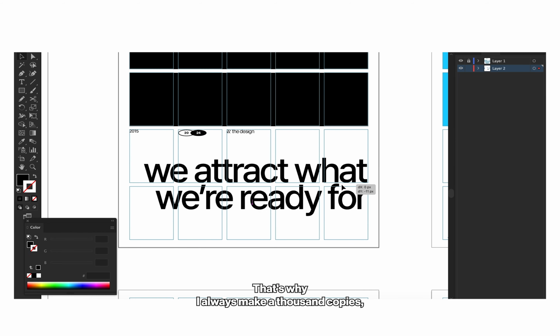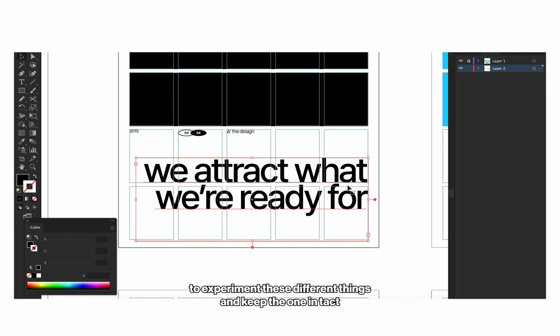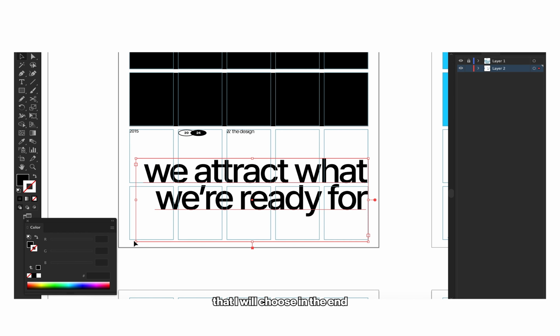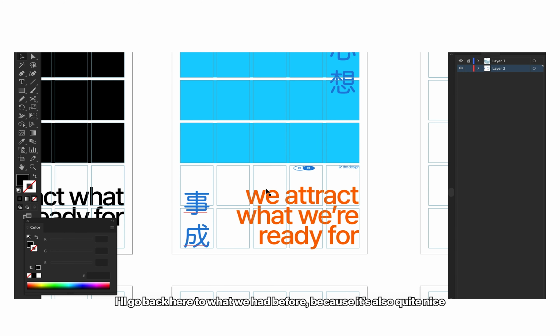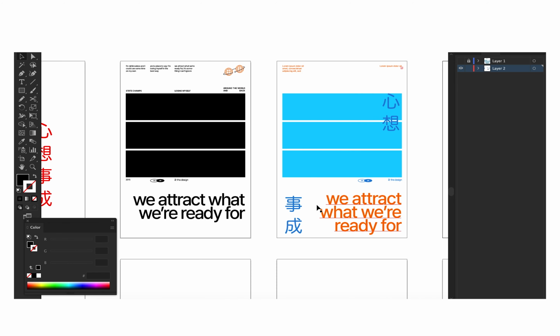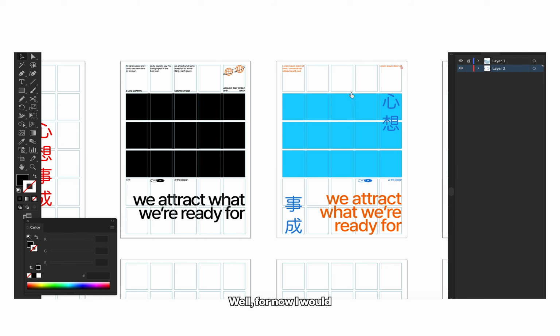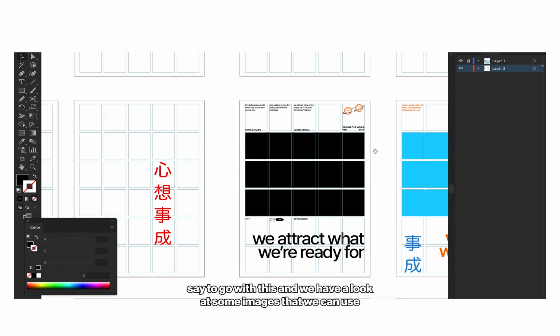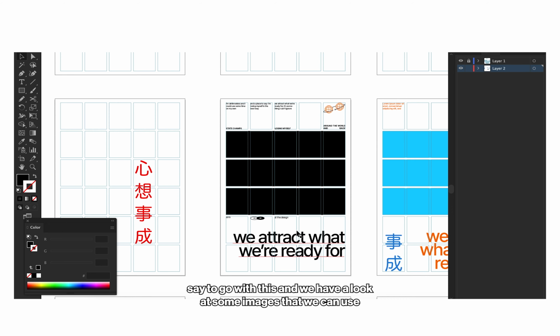Things to consider. That's why I always make 1,000 copies to experiment with these different things and keep the one intact that I will choose in the end. And going back to what we had before is also quite nice. Quite like the airy vibe of this. Well, for now, I would say to go with this, and we have a look at some images that we